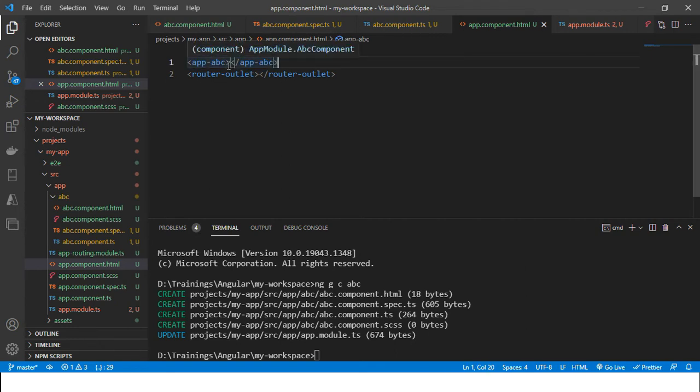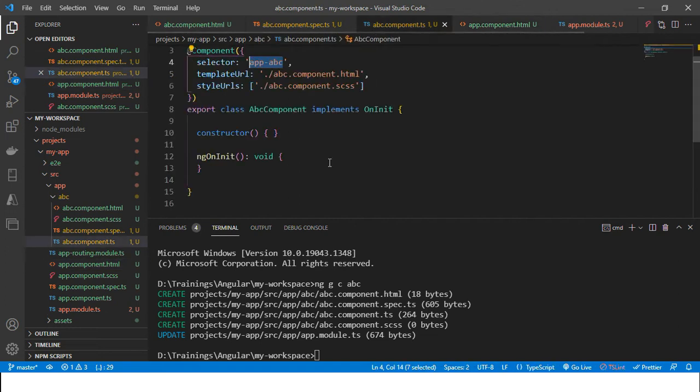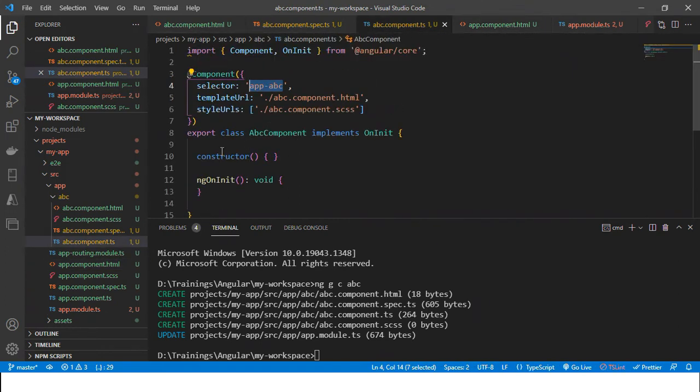The component matches with this app-abc. When it matches the selector, which is here, this is the selector, the component will be rendered.